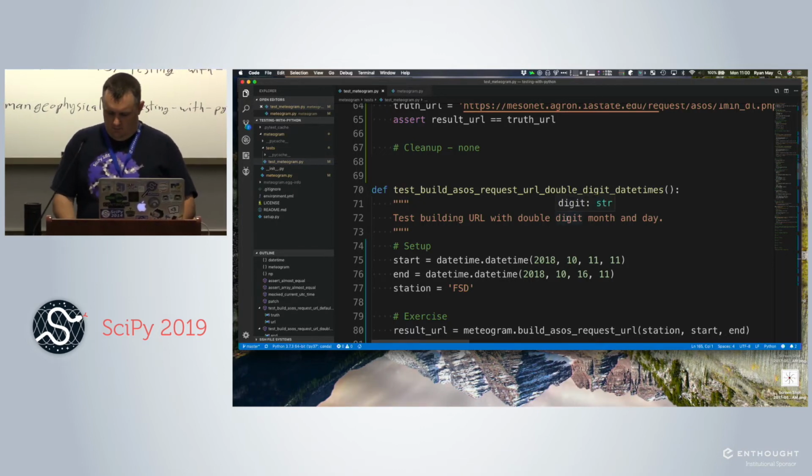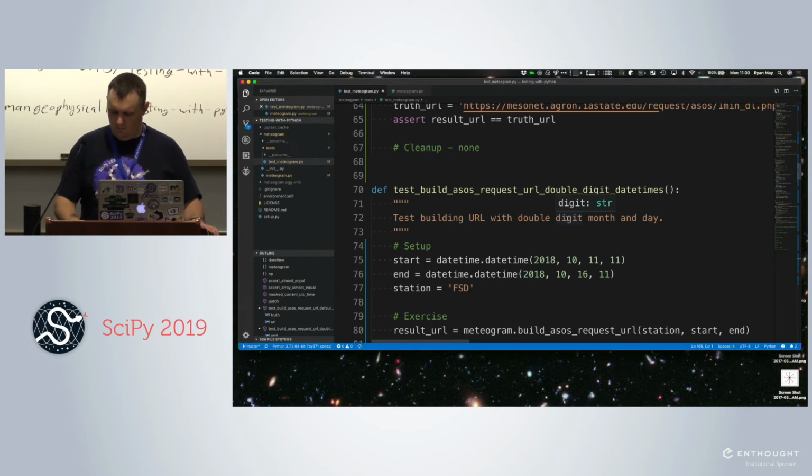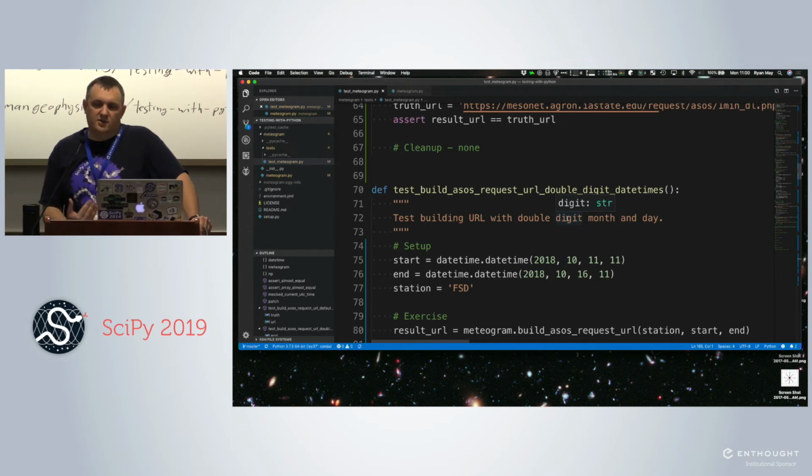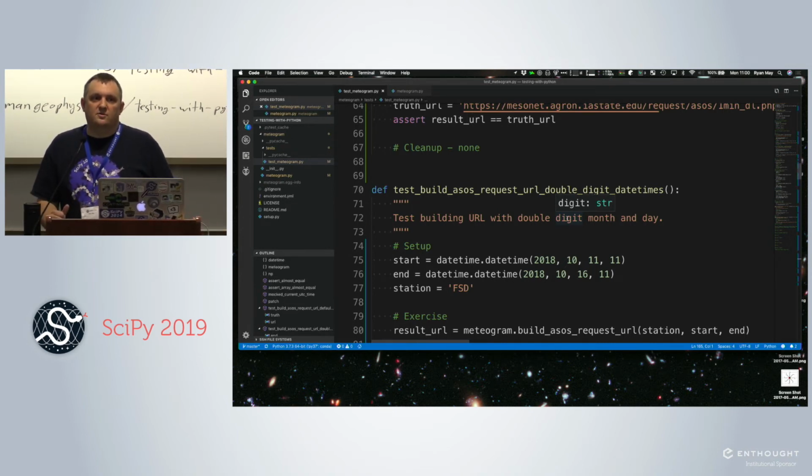Okay, so coverage. So we've written all these tests. One of the nice things to be able to do is figure out how well is my test suite exercising all of my code? How do I know what lines in my library are actually being executed and what places, essentially, how do I find where the bugs are lurking? Because my tests run and I know there's nothing there, but it's the parts that I'm not running is where my bugs are going to be found largely, especially all the name errors, the typos, things like that. And so coverage is a nice way to figure out how you're doing in terms of exercising your code.